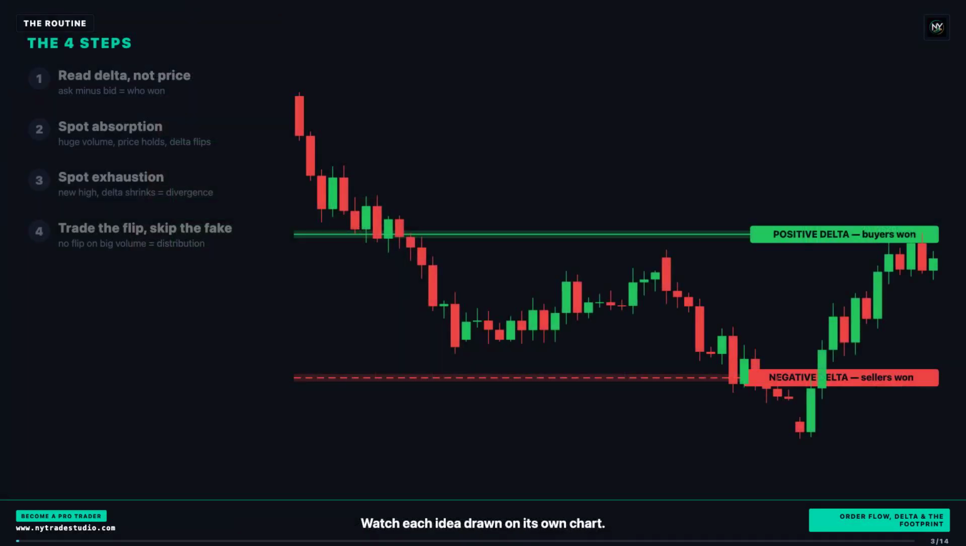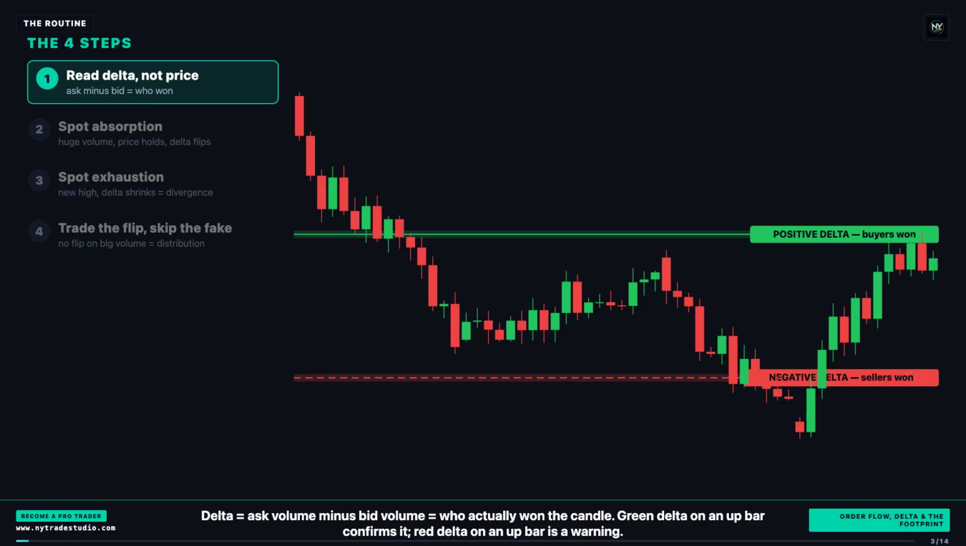Here is the routine, 4 steps, and the fourth keeps you out of the trap that catches everyone. Clean diagram first. Step 1, read delta, not just price. On every candle, ask volume minus bid. Volume tells you who actually won it. An up candle with green delta is real buying. But an up candle with red delta, price ticked up while sellers were dumping,